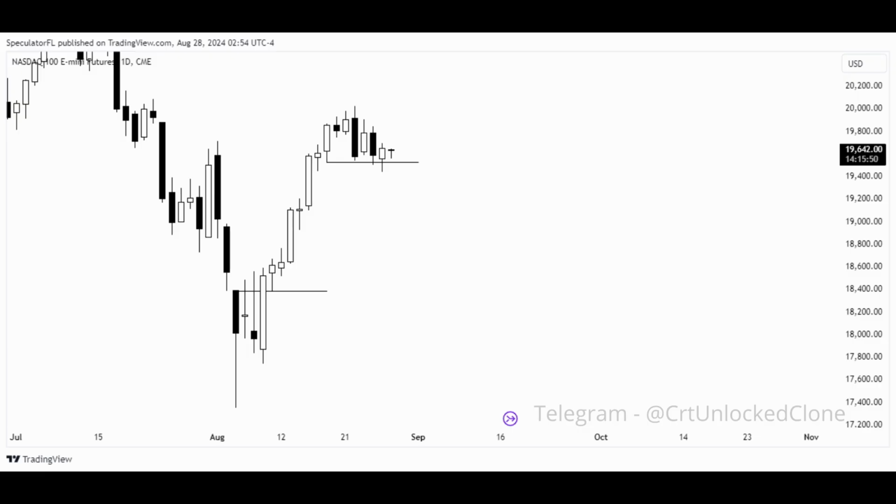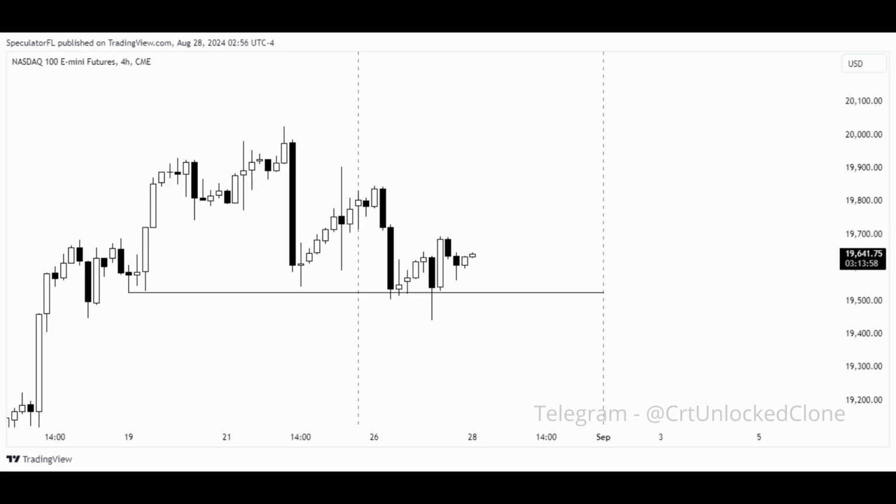Now we're going to go down to the 4 hour to see how I position myself in a 4 hour CRT. So right here on the 4 hour, you can see this is the 4 hour candle on Monday that purged into the weekly FEG, from which I was looking for higher prices, right? Now on Monday, I took this candle as a CRT and wanted to look for longs off of it. But what happened is that price never took out this candle's low on Monday. So I skipped Monday, right?